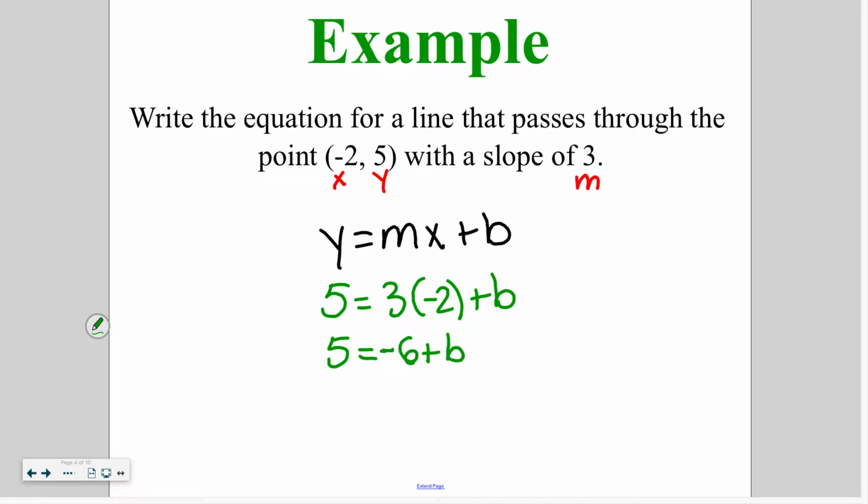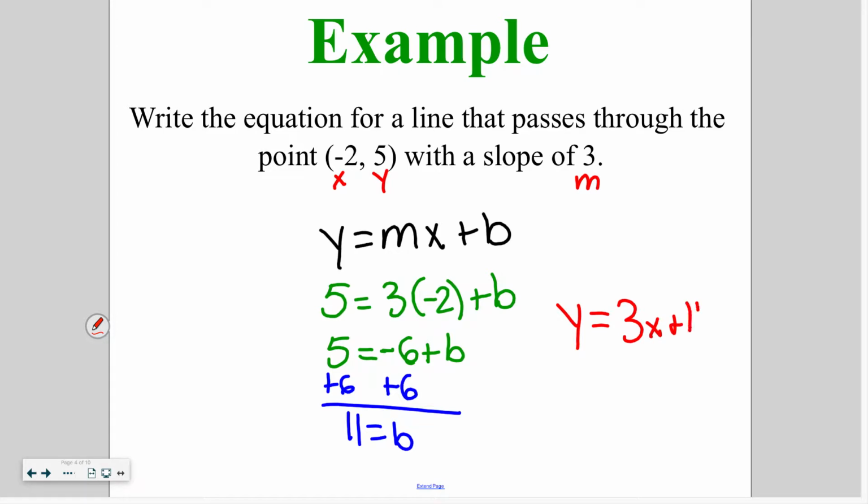plus b. In order to solve that, we are using SAD-MEEP. The opposite of -6 is adding 6, so we end up with 11 is our b value. Our final step is to actually write the equation out. So we end up with y is equal to 3x plus 11, plugging in our m and our b into